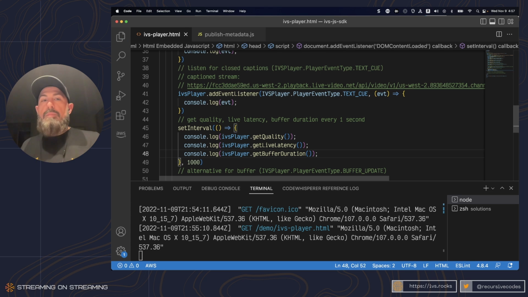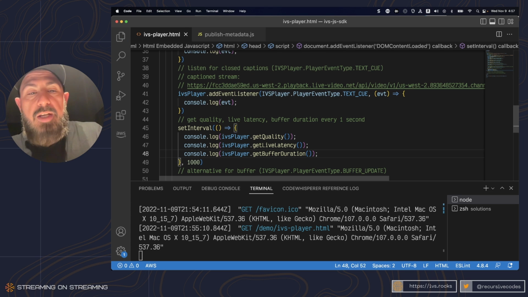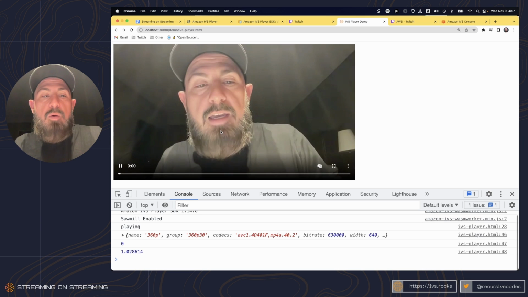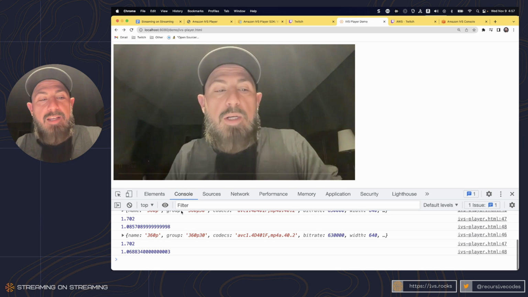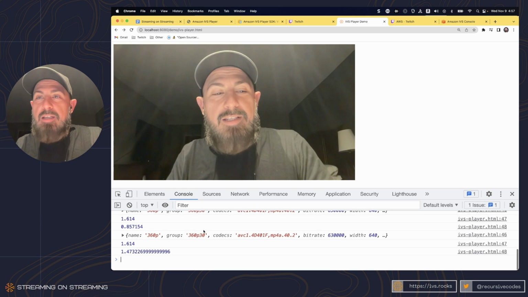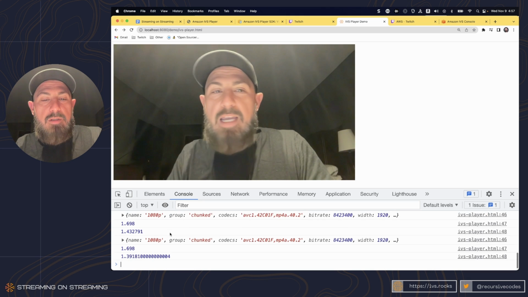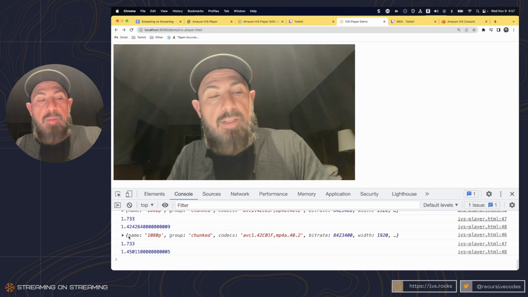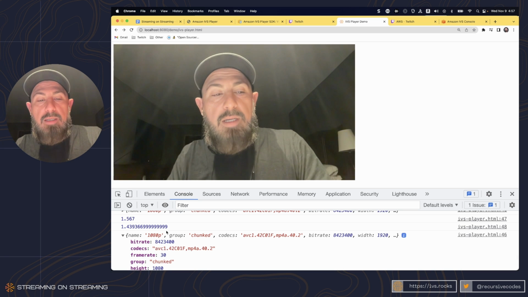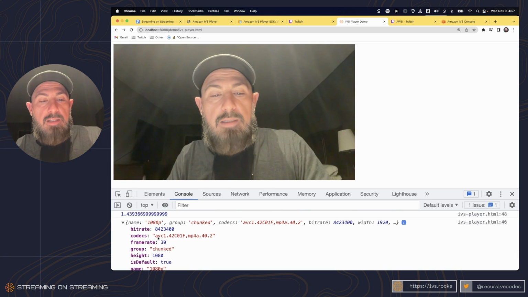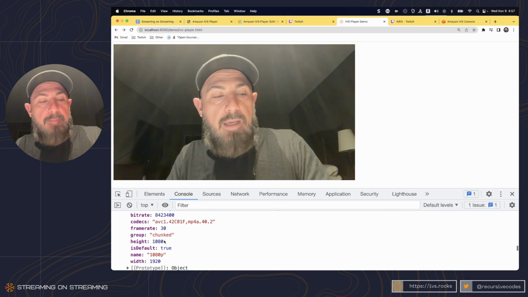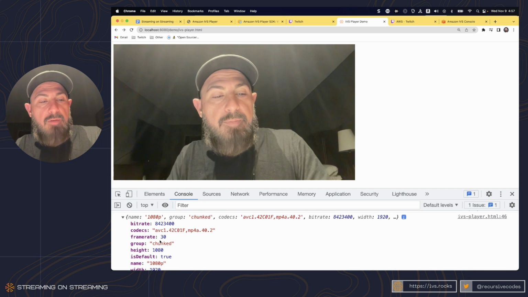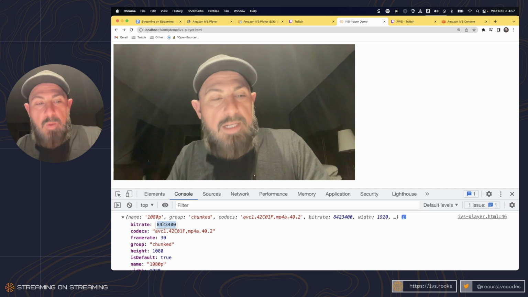So this is just really handy information to have if we want to show what our current quality is. In this case, because I'm on absolutely terrible hotel Wi-Fi, actually impressively, I am at 1080p. There's the codecs that John was talking about. My frame rate is 30, and my bit rate is an impressive, and I mean impressive,